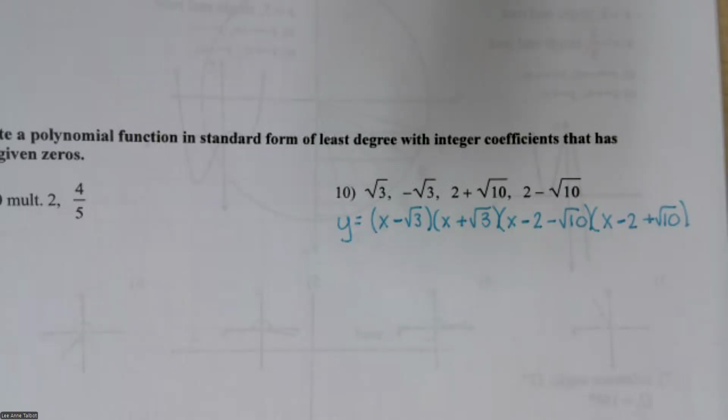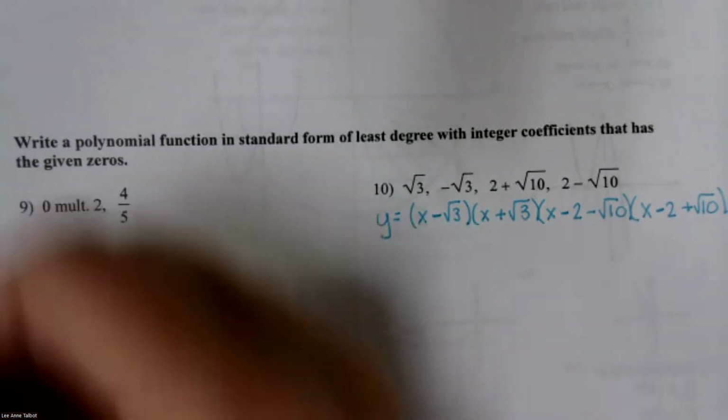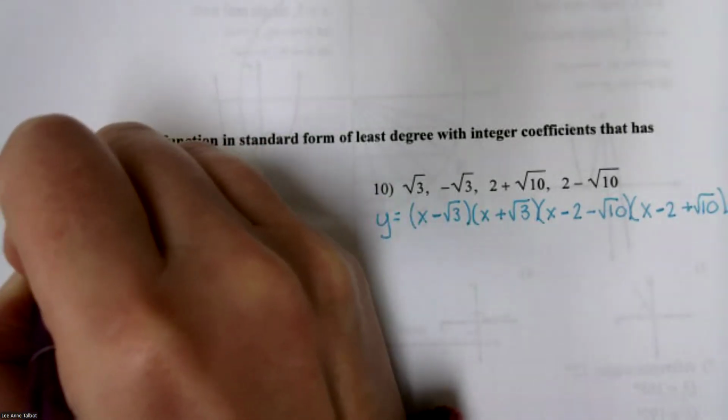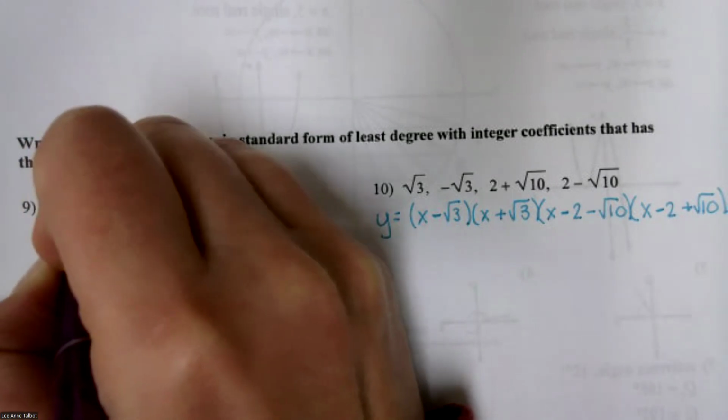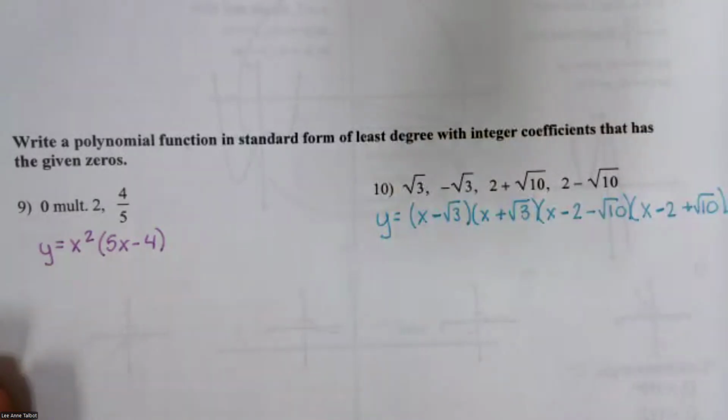so Connor, you got number 9, okay? Do you know what multiplicity 2 means? No. Does anybody know what multiplicity 2 means? Double, right, okay, so y equals x squared